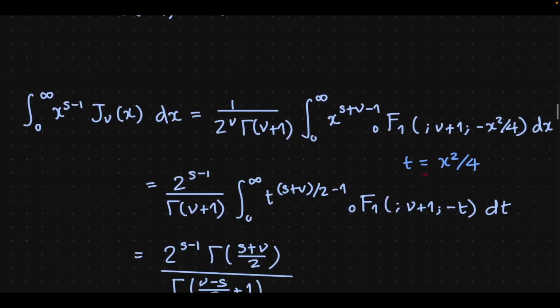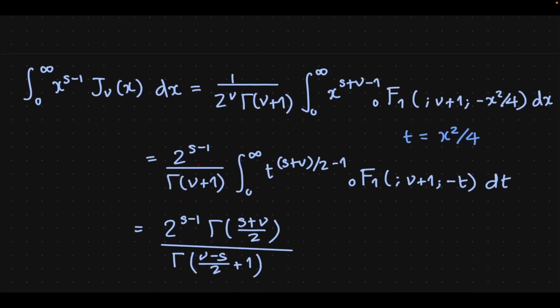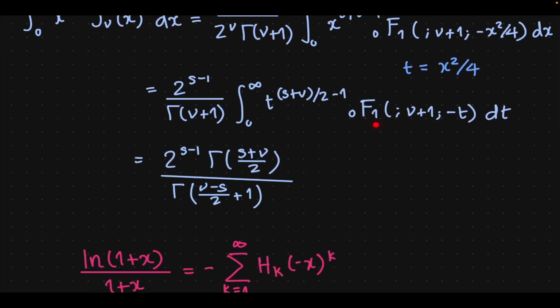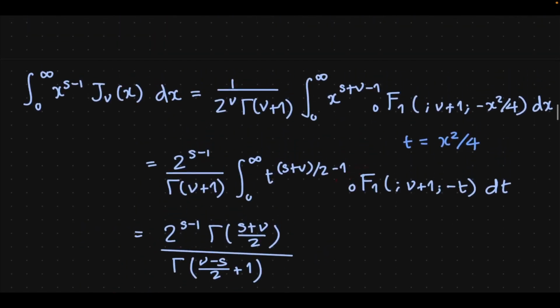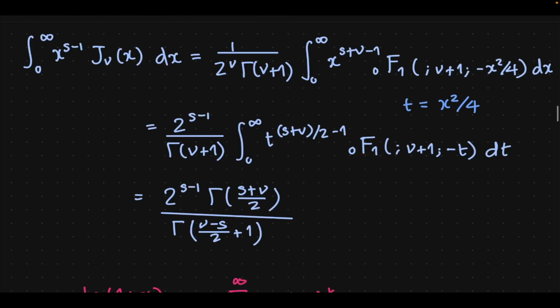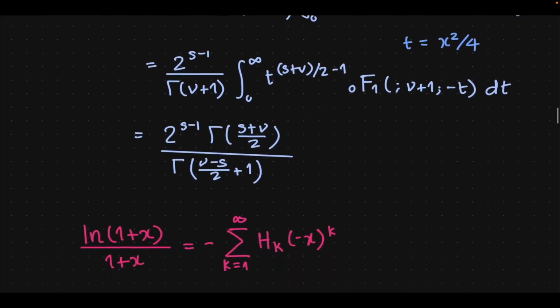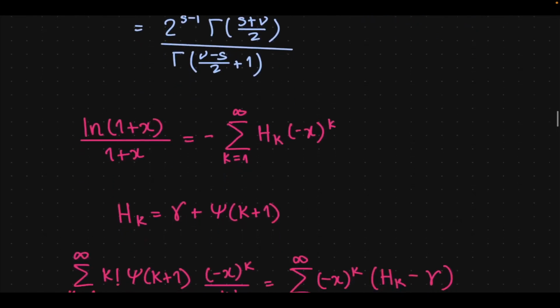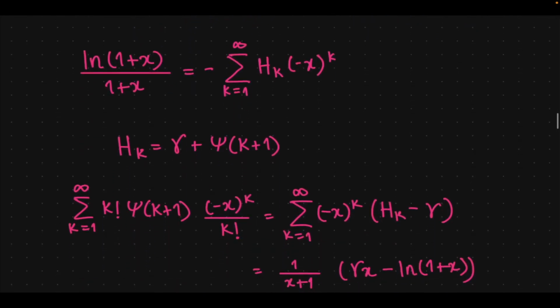With the substitution t equals x squared over 4, we can go and get 2 to the s minus 1 over gamma of nu plus 1 integral 0 to infinity t to the s plus nu over 2 minus 1 0F1 nu plus 1 minus t dt, which we can simplify using the RMT to give us 2 to the s minus 1 gamma of s plus nu over 2 divided by gamma of nu minus s over 2 plus 1. I'm skipping a lot of steps, but these are well-known results from literature. The point of this video is to demonstrate these results, to let you know how powerful the RMT is, and